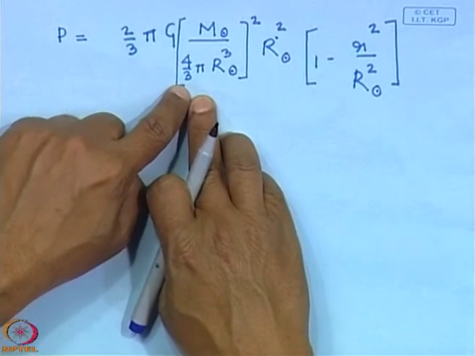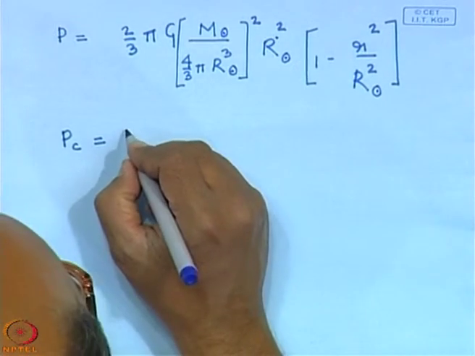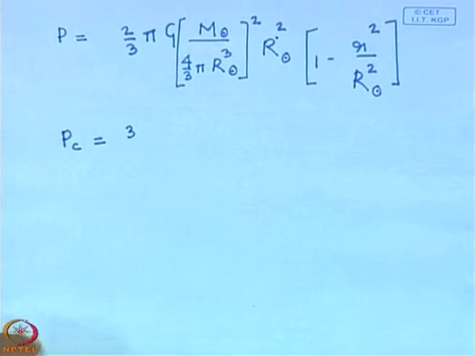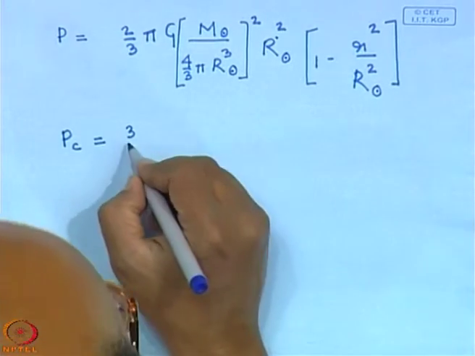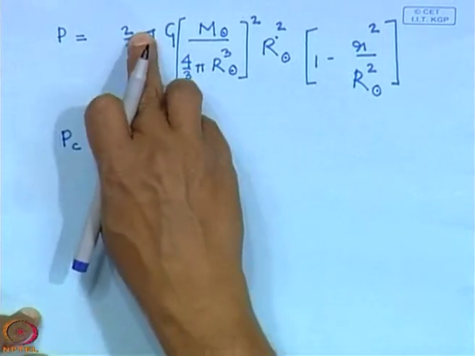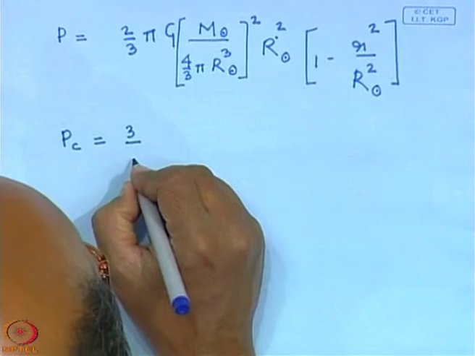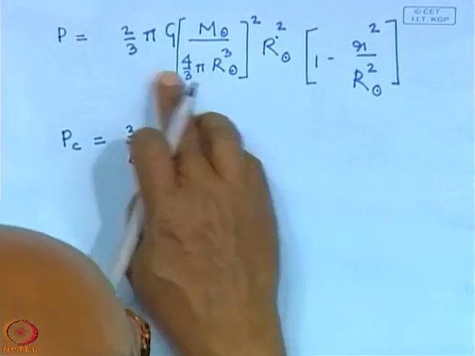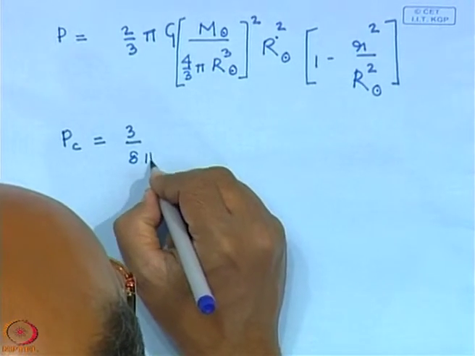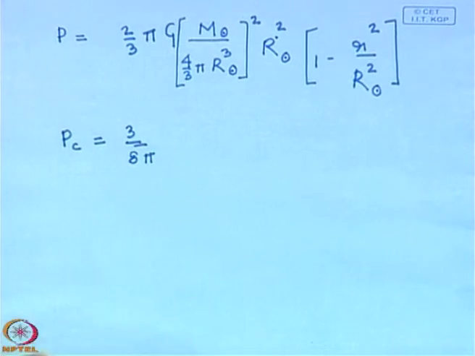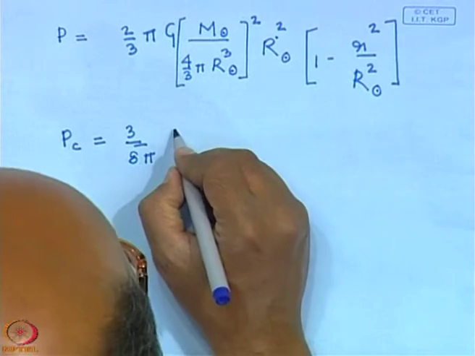So, a factor of 3 remains in the numerator, and here you have 16 and here you have 2. So, a factor of 8 remains here, and you have a factor of pi also in the denominator. So, that takes care of all the numerical coefficients, and then we have G